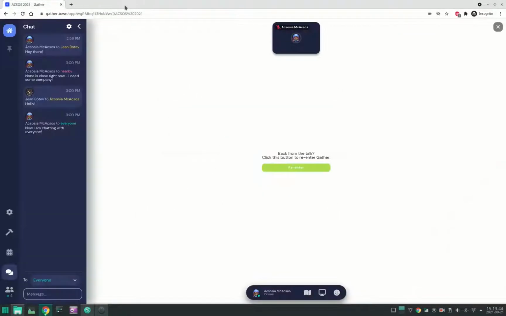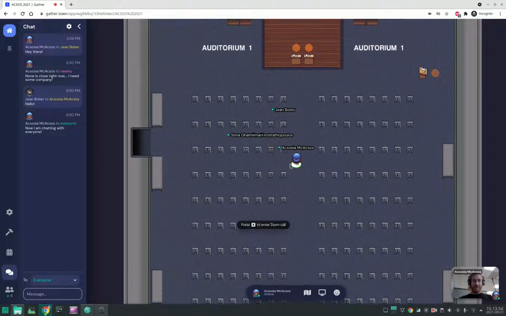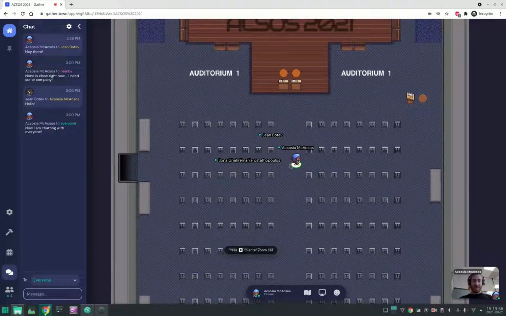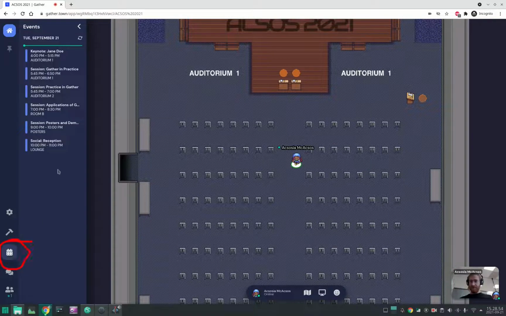On some systems, having both Gather and Zoom use your audio may lead to issues. It's safer to use them sequentially, so turn off your video and audio once you leave Gather and enter the Zoom session. While we wait for the others to get back to the space, let's take a look at the